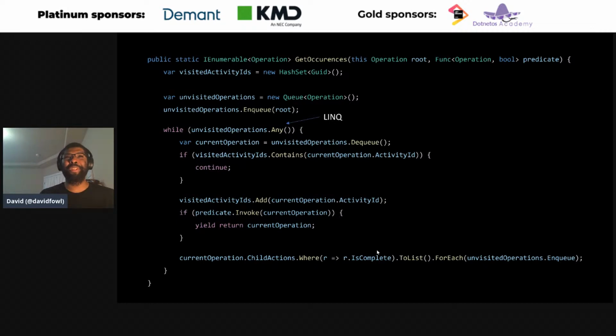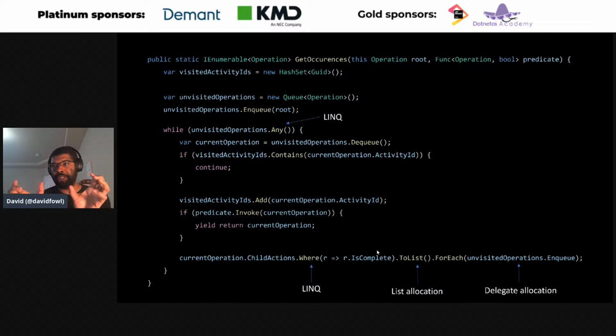But it hurts my eyes because of reasons. So here's the LINQ that does any. Any is fine, it's LINQ. Here's the where clause. Then we allocate a list because we want to call the ForEach function. It's funny, I've seen this pattern super often, and it's always to use the ForEach function because it's only on, I think, List<T>. So you have to materialize the enumerable. You can't just loop over it. You have to actually do a ToList to get the ForEach function that you then use to do the enqueue, right? And this looks super tight and small, but passing the method group here actually forces a delegate allocation every single time you're looping. And the fix here is like,